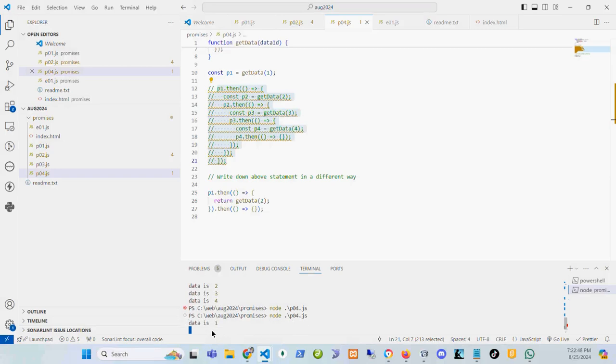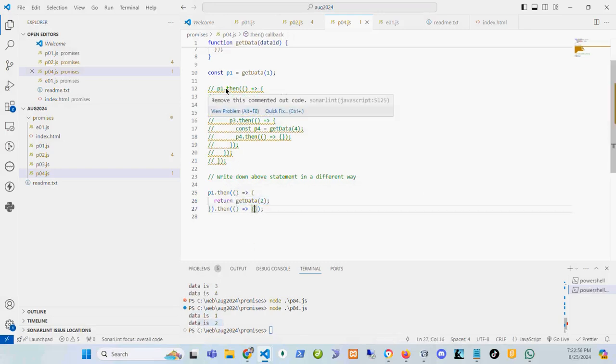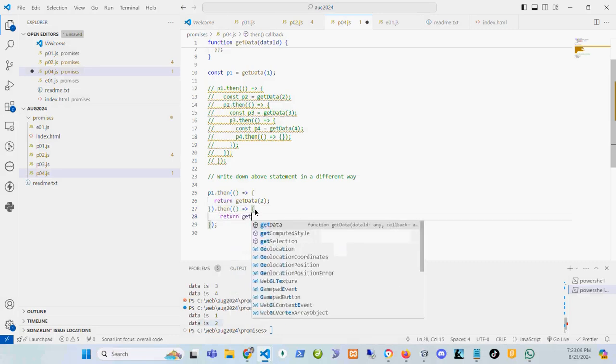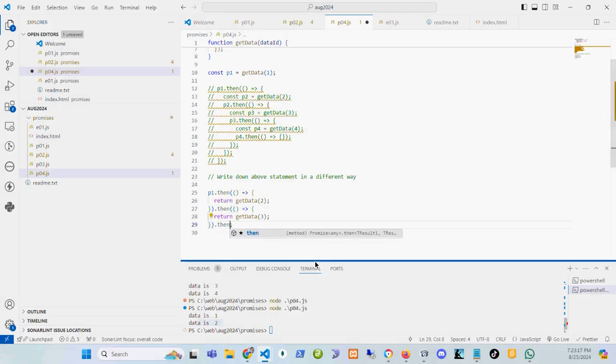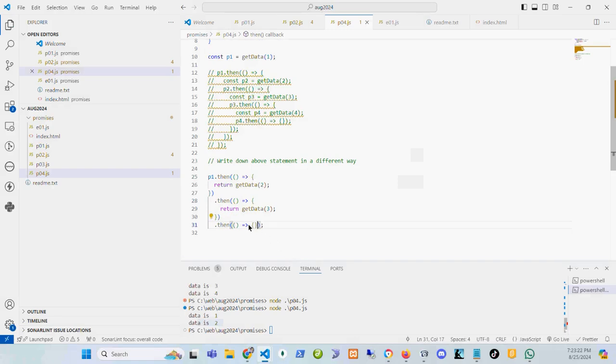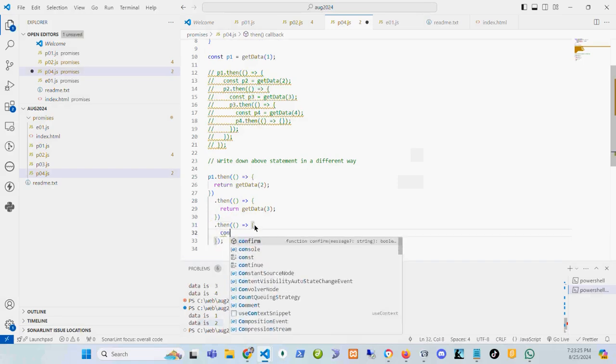Okay, so get data 1 is called, and then it returns 2, and then 2 is called. What it means is the same thing I have written here, only here I'm returning it. When I'm returning it, I can create a dot then here instead of putting it here. And then in the second case, I will again return get data with 3. When I return get data with 3, I can write dot then with the arrow function. And here I can say